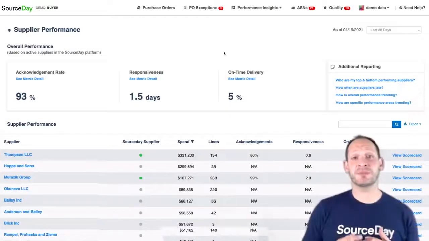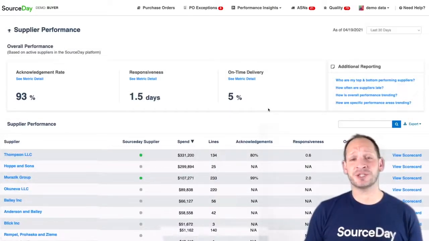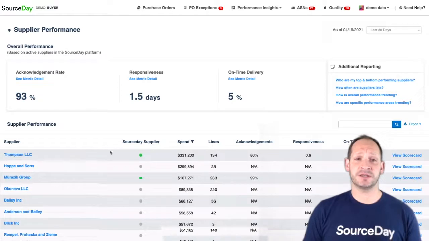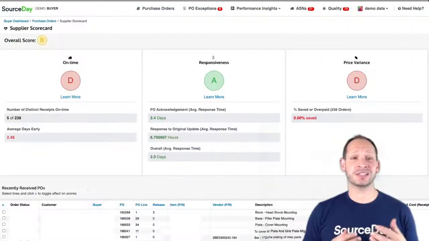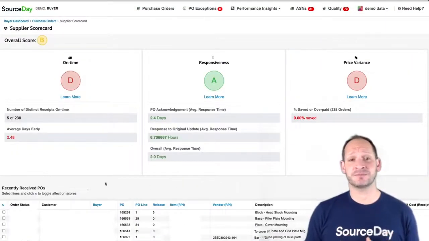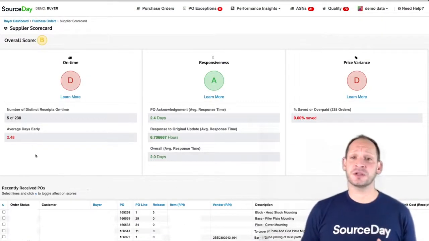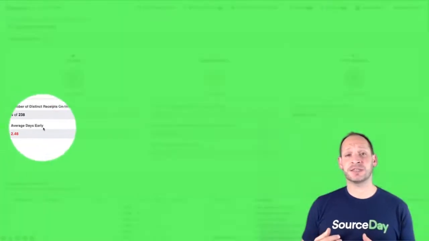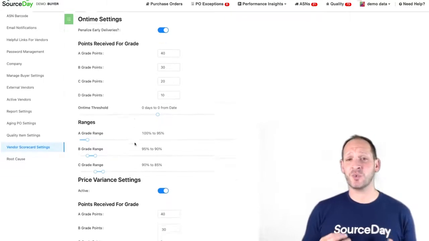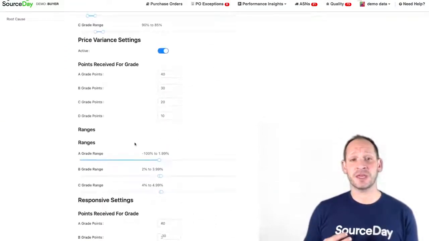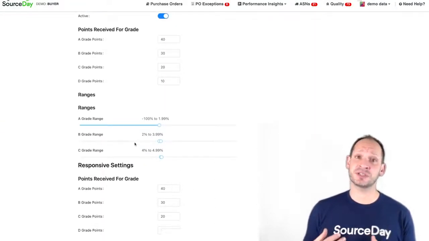In SourceDay, you can minimize the risk and increase supplier communication by using real-time data. You can measure what matters most to the business and hold suppliers accountable with configurable scorecards that look at metrics like on-time delivery and exceptions. Behind every scorecard, suppliers have specific grades and all the associated transactional details. Your organization can control the weights and grades associated and also determine if that scorecard should be shared directly with